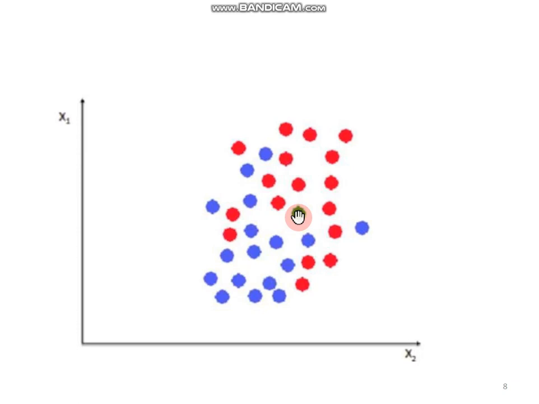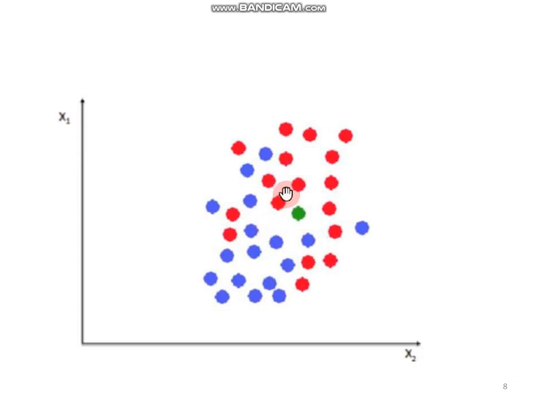Our task is to compute the similarity of this individual with the rest of the data points available here. Then we have to identify how many neighbors this particular data point has. Let's suppose this is a neighbor, this is also a neighbor, this one, and this one.